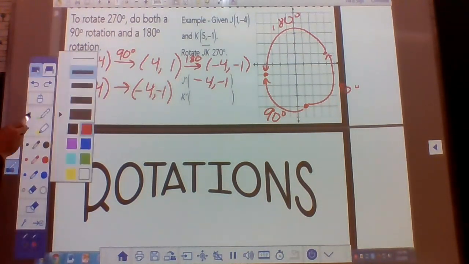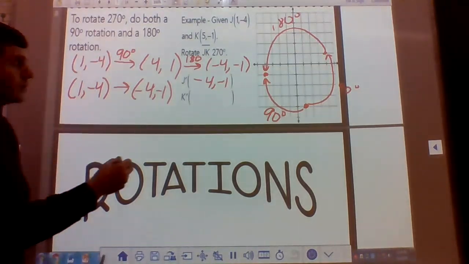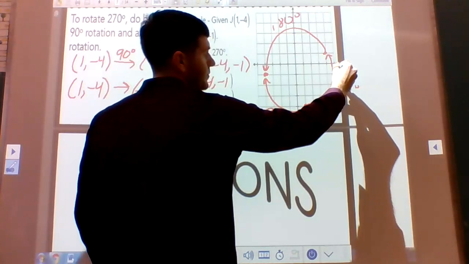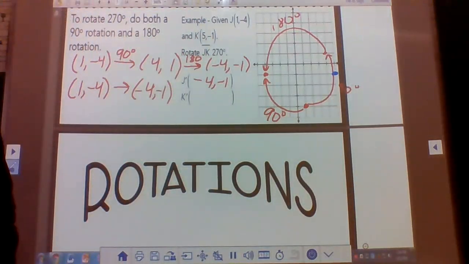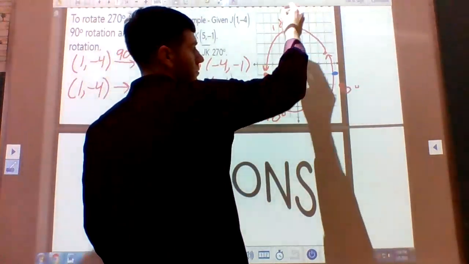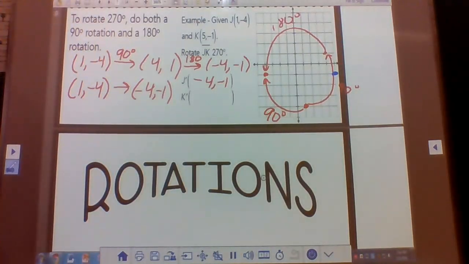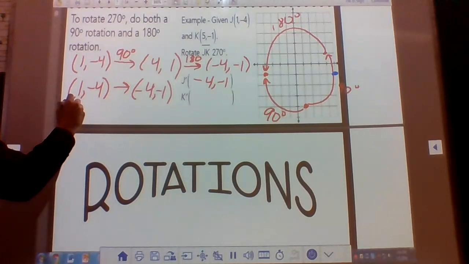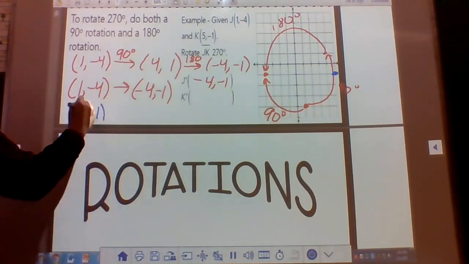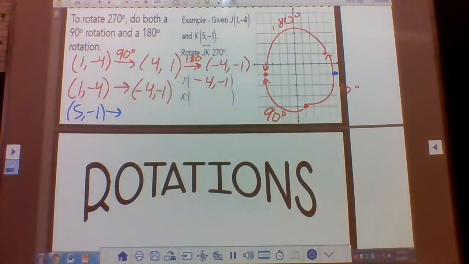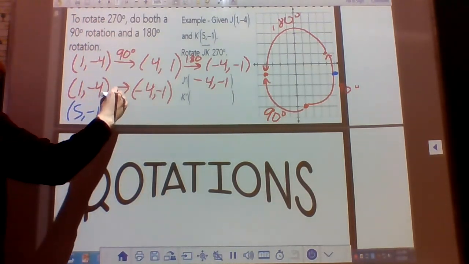All right, let's do the other point. So 5, negative 1. It's right here. Again, we can go 270 degrees counterclockwise or 90 degrees clockwise. Let's do it both ways. So we have the point 5, negative 1. If we do it the way they tell us to do a 270, we got to go 90 and then 180. So if we do a 90-degree rotation counterclockwise,